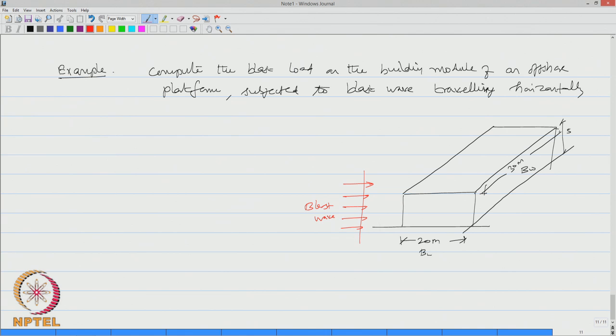So, it is very clear from this figure, please note, blast wave is applied normal to the longer side of the building,